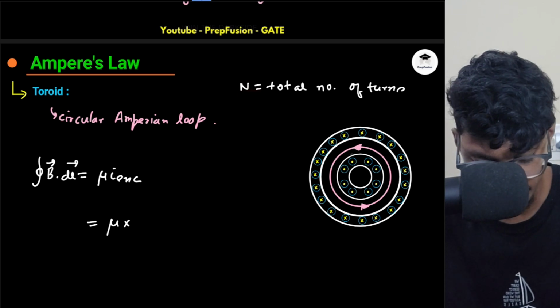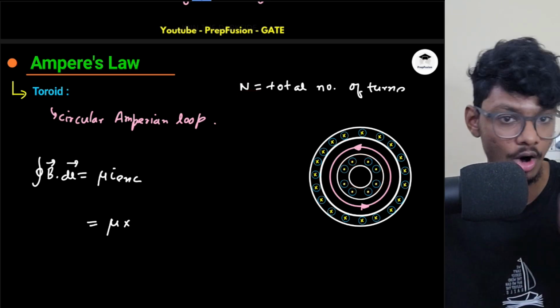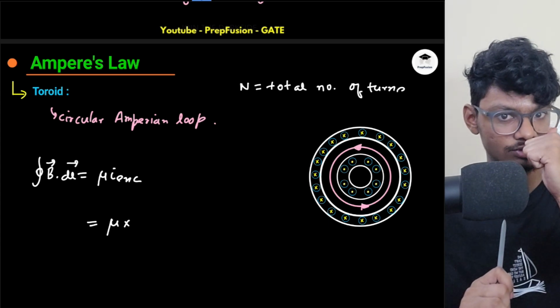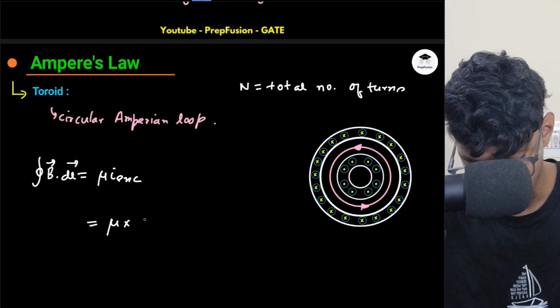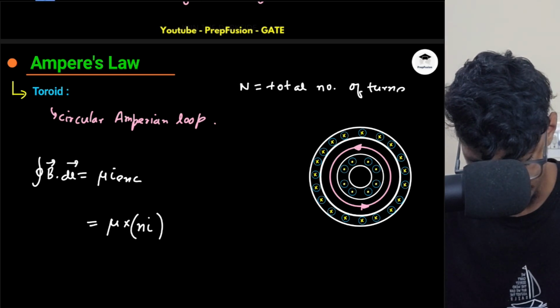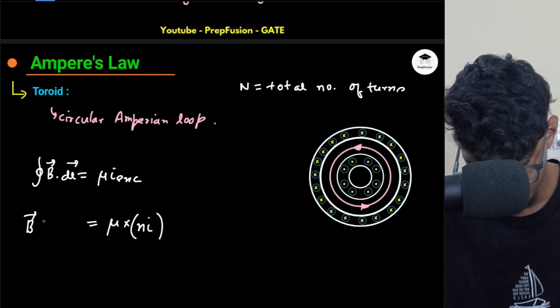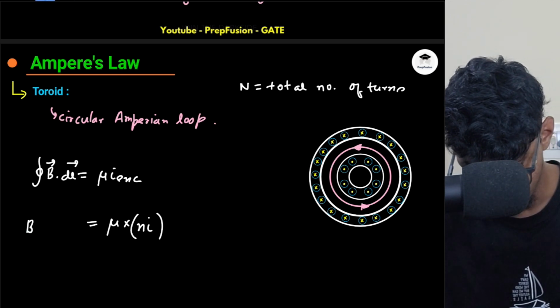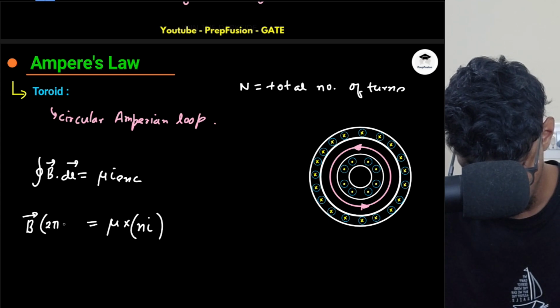Total number of turns I have is N. So this has N turns and total I is coming out of the screen, which is in the positive direction along the Amperian loop. The Amperian loop is also telling coming out is positive. So it will be N I, and this will be equal to B dot dl. So B dot dl will be simply B into